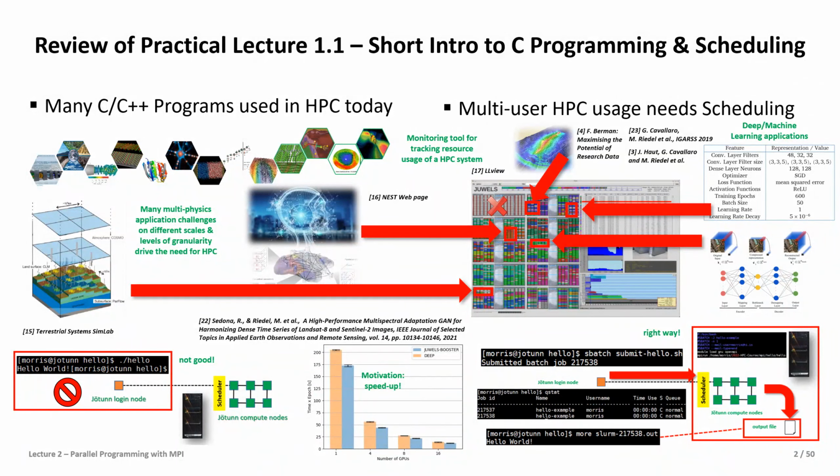But before diving into the details of all of these applications more down the road in all these different lectures, the important part in this particular lecture from last time was really to understand, firstly, that C programming is still in vogue today, especially in HPC. There are lots of C codes and also Fortran codes. And the second message is that we have a multi-user environment, and the scheduler